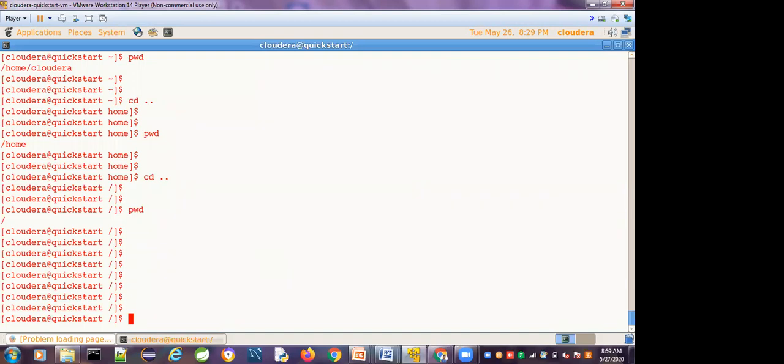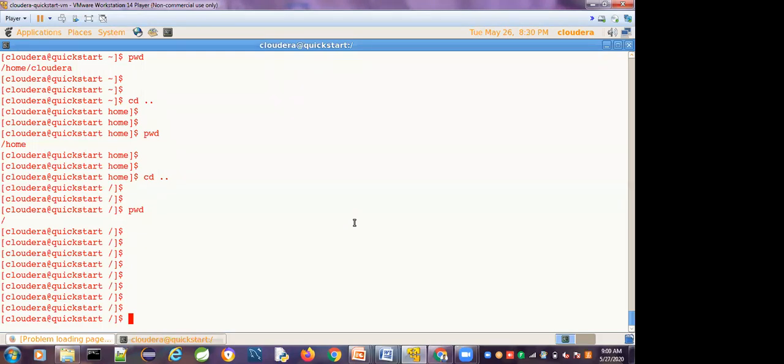If you want to go back once, just give cd dot dot. As of now, we discussed the cat command, cd command, pwd command, and the cp command. Cp is the copy command.